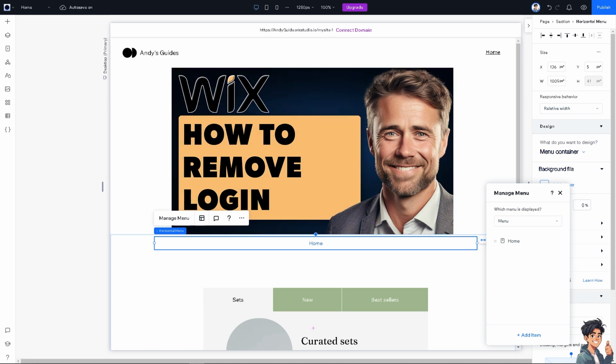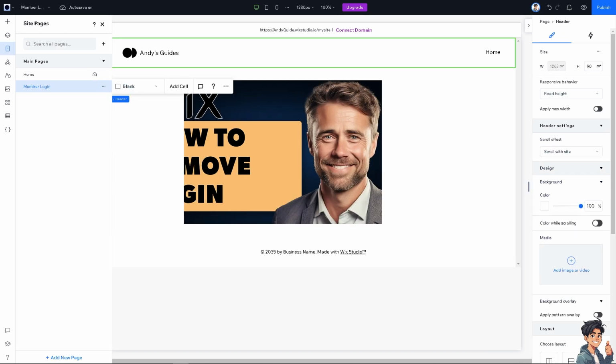Now, another option is you might want to disable the site's member area. And for you to do that, you need to hover to the left side panel of your dashboard. Now, once you are on the site pages and you have the member login, if you do not want to use the members area at all, you can choose to remove the existing members or simply disable the member login entirely. Or basically, you have an option here at the 3 dots icon, wherein you can simply click that,